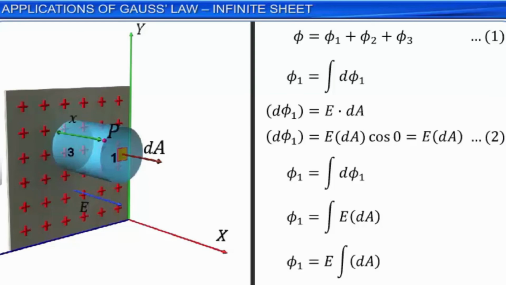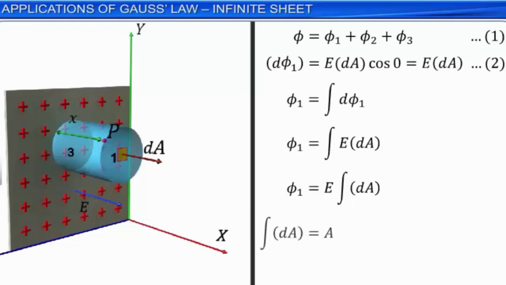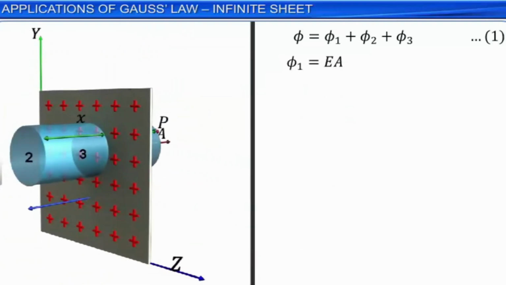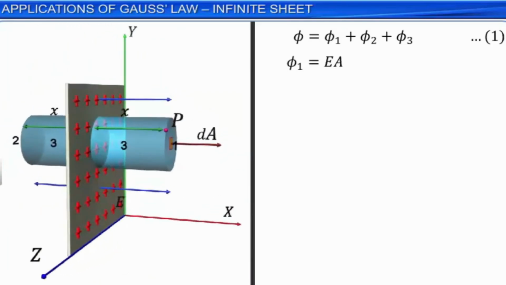Integral dA is equal to A, where A is the area of S1. Therefore, we get Phi 1 is equal to EA. Since surface 2 is equivalent in all aspects to surface 1, the electric flux through surface 2, Phi 2, is